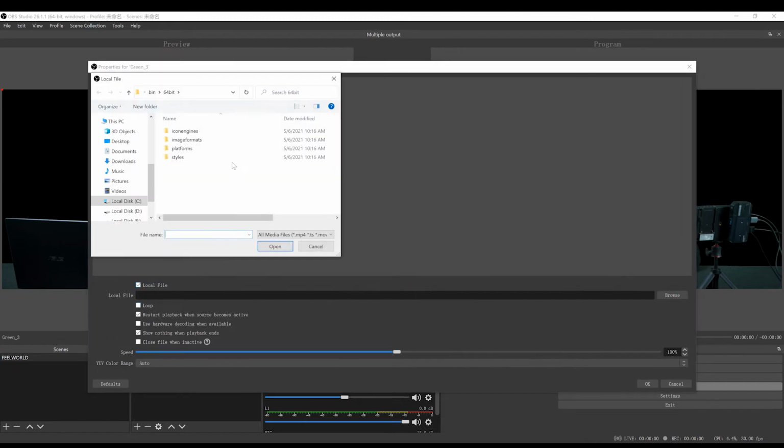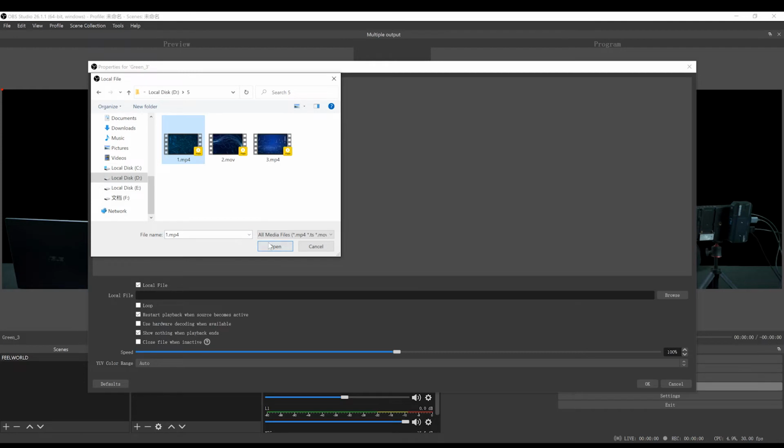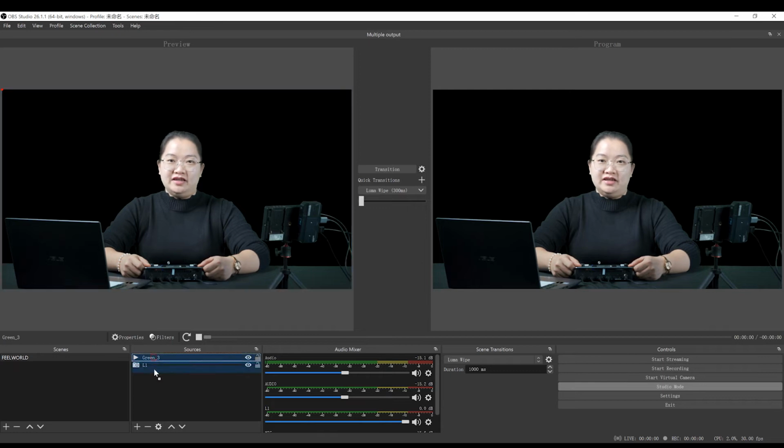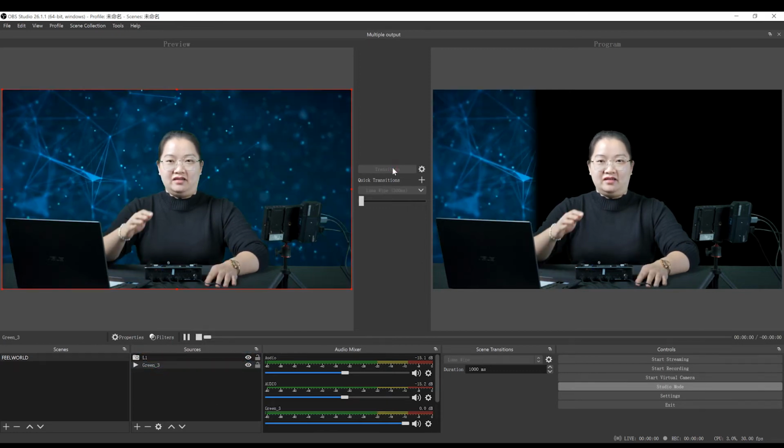If needed, reposition your presenter in your scene. Next, you can add another background layer and confirm that is what you want in the live stream. Now that you have your scene set up.